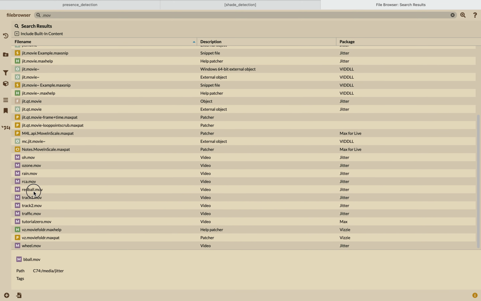I also dragged it over here, and then when you do the read and write command, it will look valid. Okay, so starting with that, it is just playing this red ball movie,